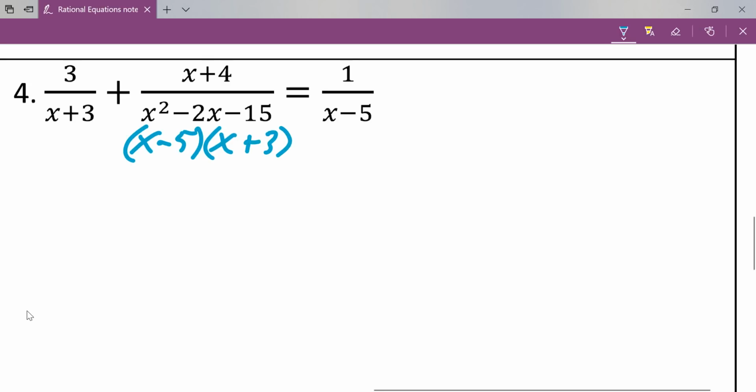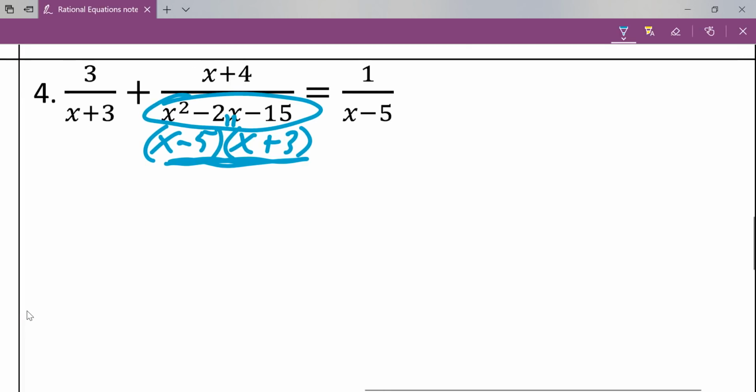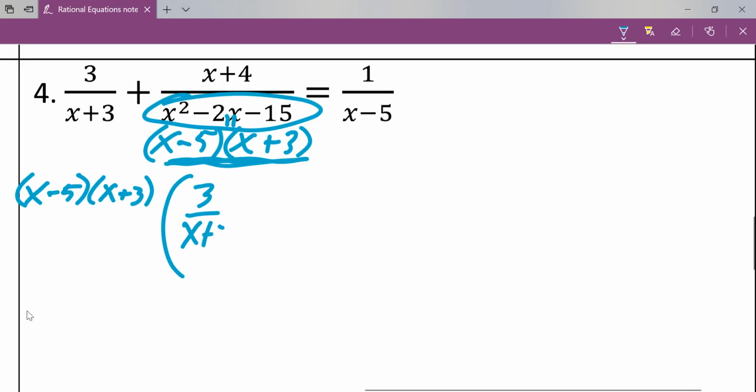And so negative 5 times positive 3 will be negative 15. Negative 5x plus 3x will give us negative 2x. So this is equivalent to that. So we're going to end up multiplying everything by this, which will make this whole thing on bottom equal to 1. So that's x minus 5 times x plus 3, all multiplied by 3 over x plus 3,